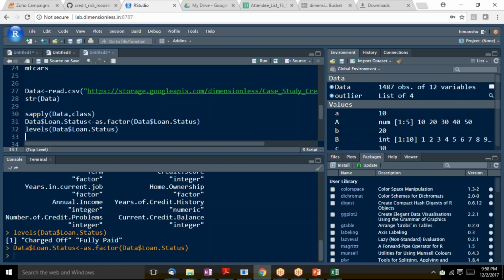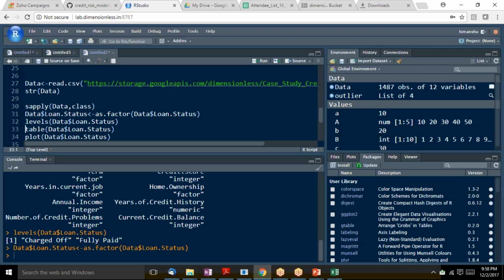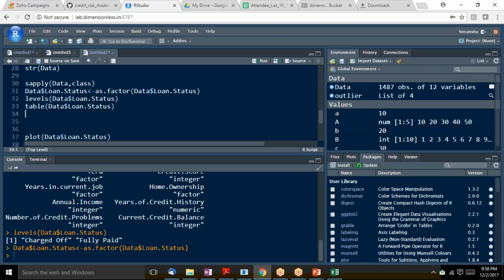If I have to know more about that, I can use this table function. Or I can also do a summary, right? I'll talk about summary also later. Again, let me do summary here for now. So data dollar loan dot status. If I run this,